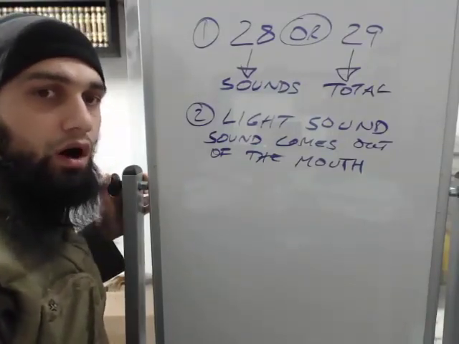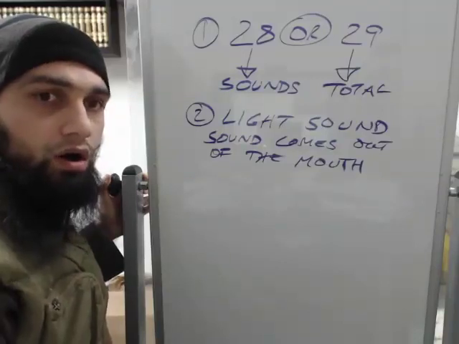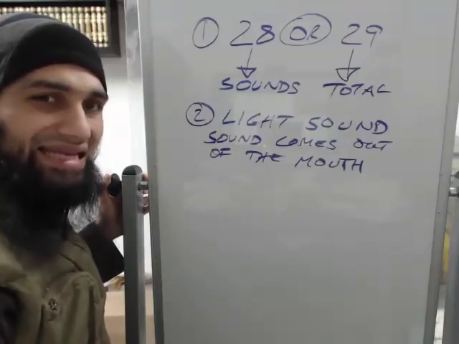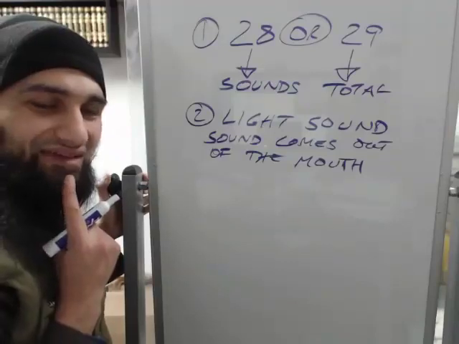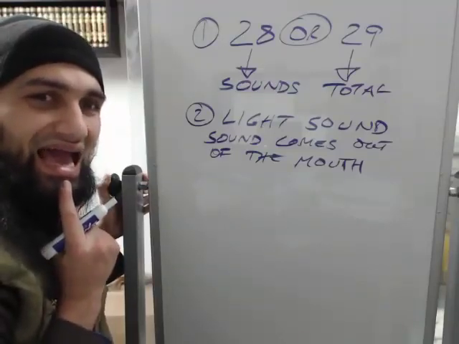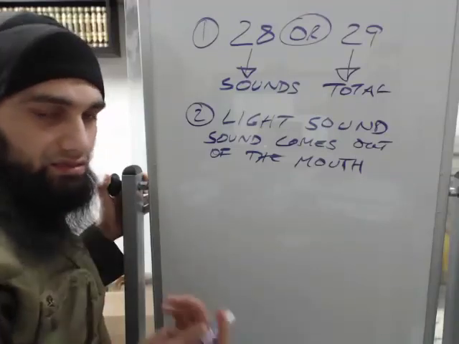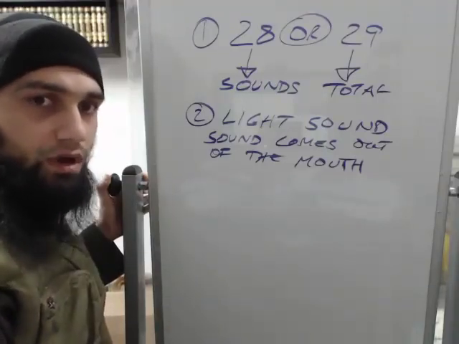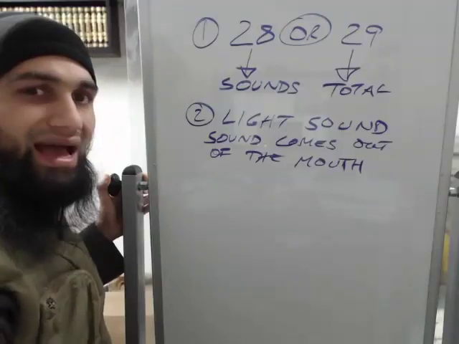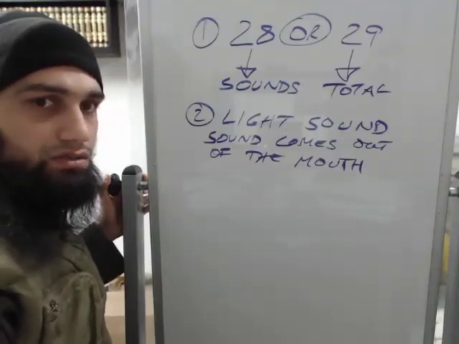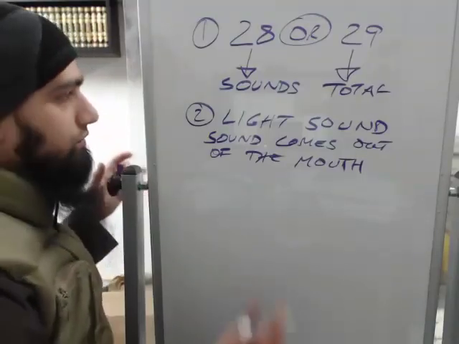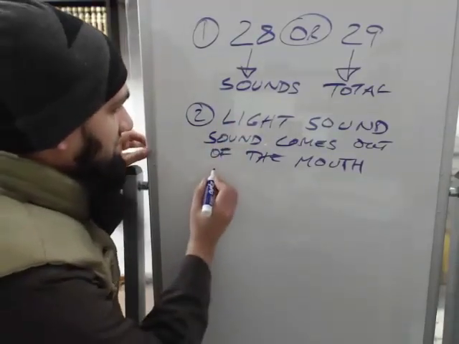You didn't say caught. You say cat. So you see the difference between light and heavy? You say cat and aw, like the word awesome, aw, cat, awesome, cat, awesome, right? So the light sound is like this, and